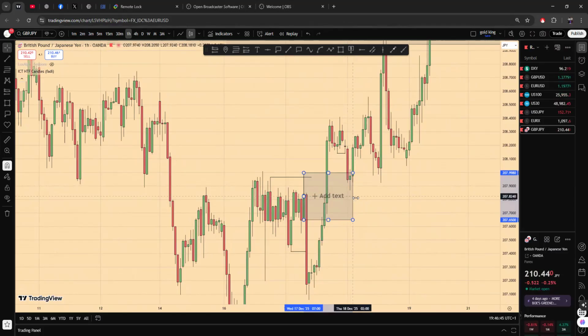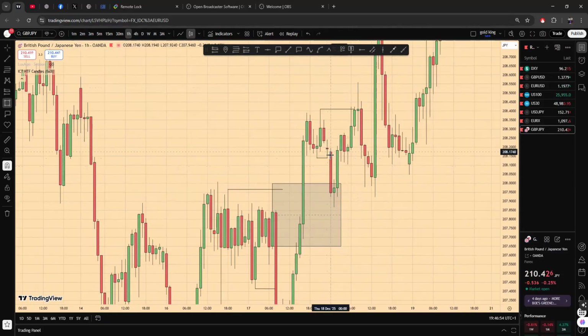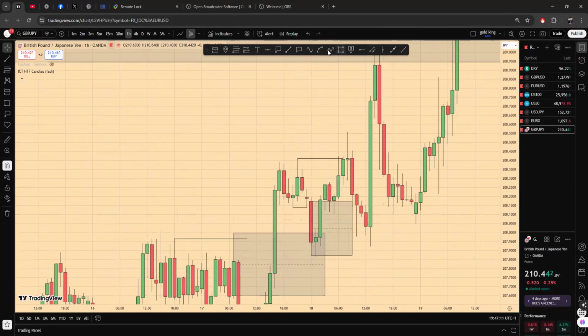Now, this is a breaker block that price has mitigated, and then it has gone back up, breaking a structure. And then we noticed that there was a candle here that came to retest this breaker. The last bearish candle was this one. So this also becomes our order block. And now again, price went up, broke structure, came back again to mitigate the order block again. In this case, after the mitigation, we went back up again to break another structure. So here again, we have